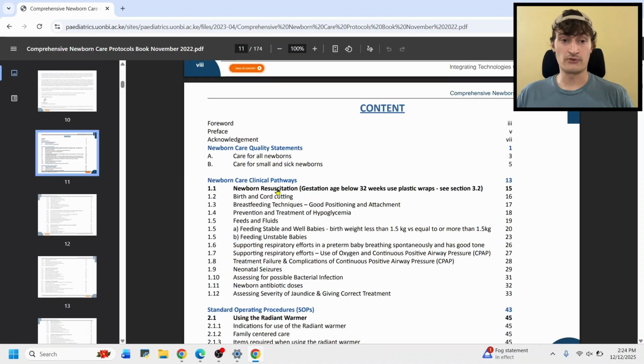So as for navigating through the book, there's a number of different ways you can do it. One, you can look at the table of contents and find the page number and go straight to it. So for example, if we are wanting to know what to do if a neonate needs newborn resuscitation, the what to do section is chapter 1. So we're going to look in chapter 1 right here, section 1, newborn resuscitation. Okay, we're going to see it's on page 15, so we can just scroll on down to page 15.